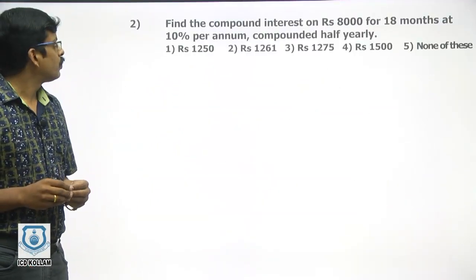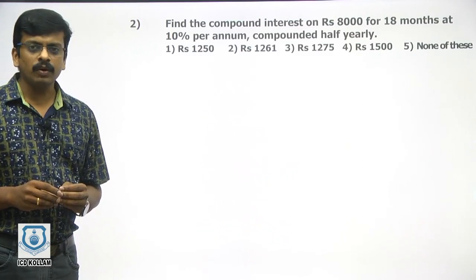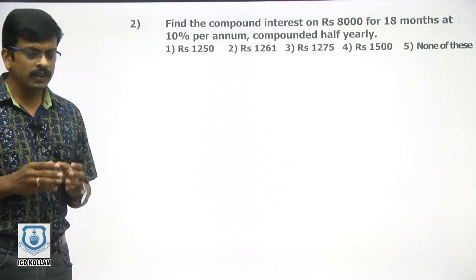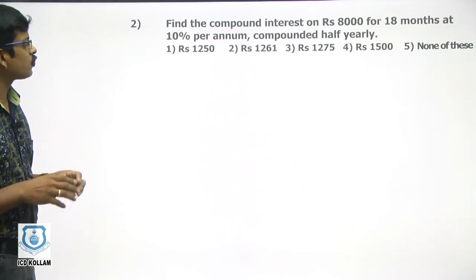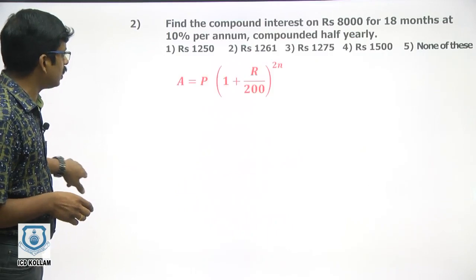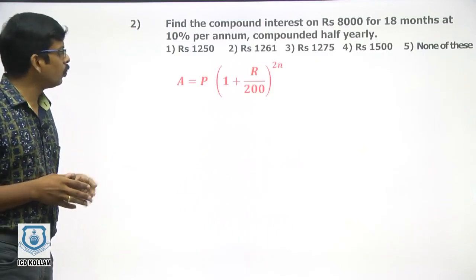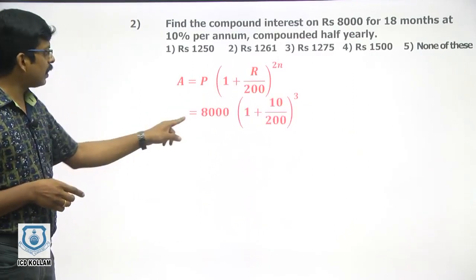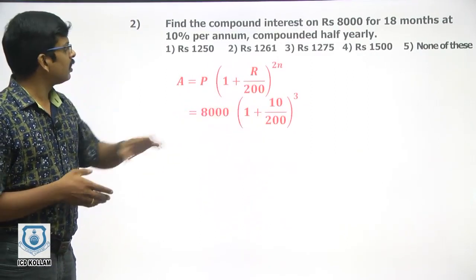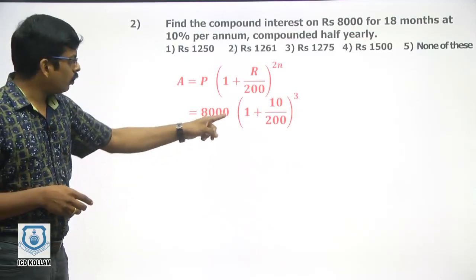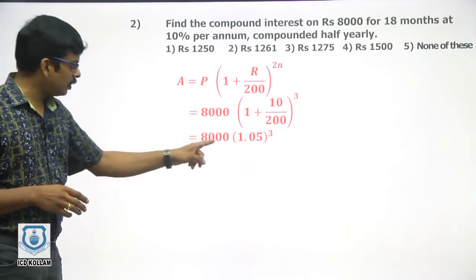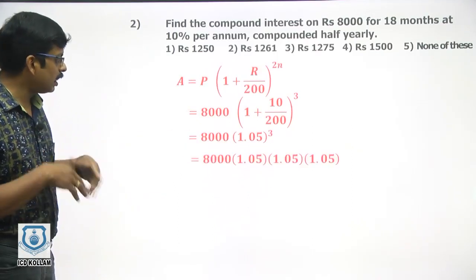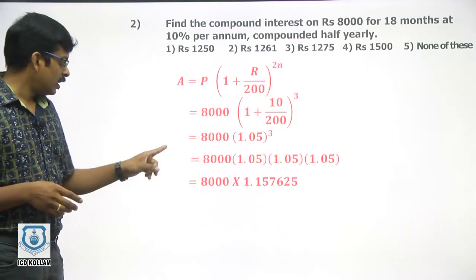Question number 2. Find the compound interest on rupees 8,000 for 18 months at 10% per annum, compounding half yearly. Here the compound interest is compounding half yearly, and we have the equation amount is equal to P into (1 plus R by 200) raised to 2n. Here principal is 8,000 and R is 10% itself. So we get the equation, and it is simplified to 1.05 the whole raised to 3, and will be equal to this one, and we get it as 8000 into